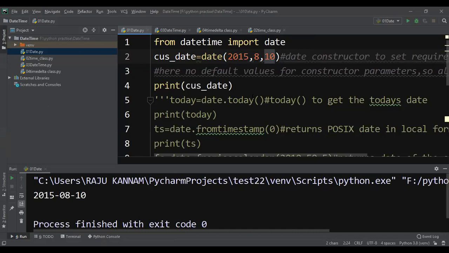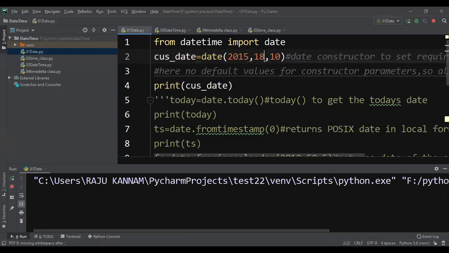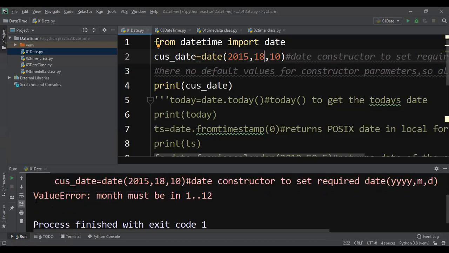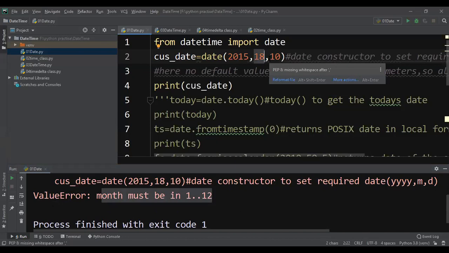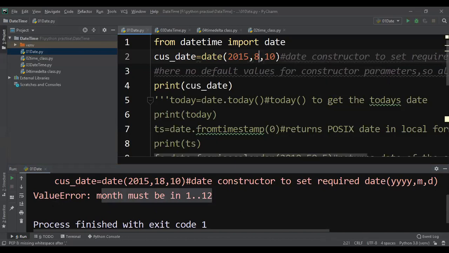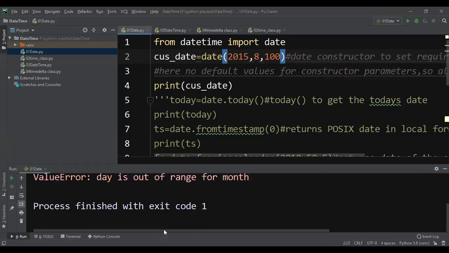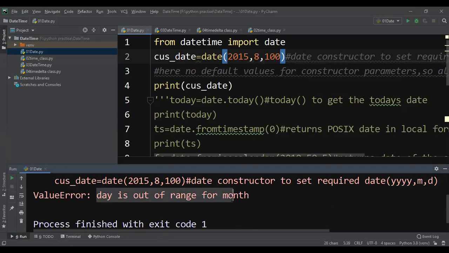For example, in place of month 8, I'll give 18. Then it will raise a value error: month must be 1 to 12, but here I have given 18. Now I make it 8 and the day 100. No month will have 100 days, so it will raise an error: day is out of range for month.